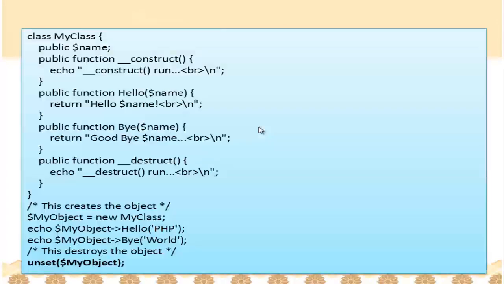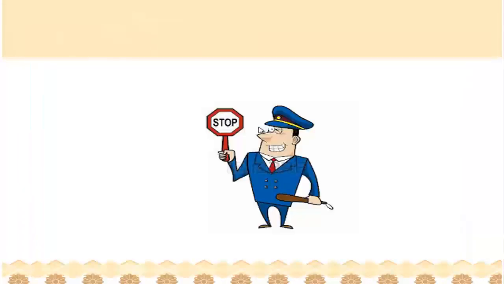Okay. Now, how do we do that? It's a very simple thing. You just say unset and the name of the object. Now, this is useful in many scenarios wherein you have a very bulky object and you want to just destroy that in order to save memory. In that case,